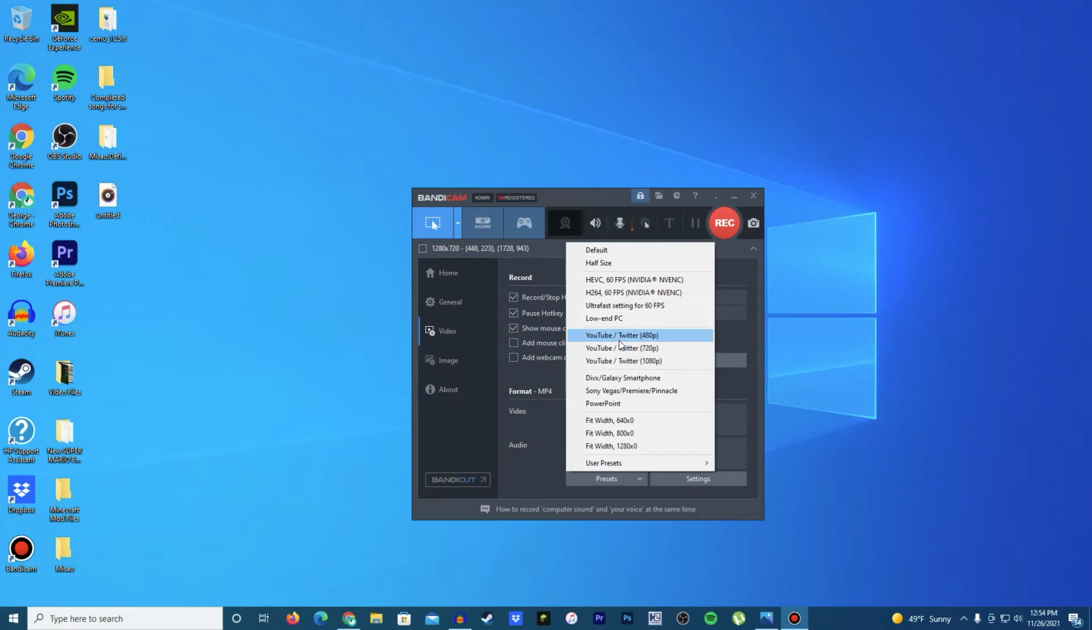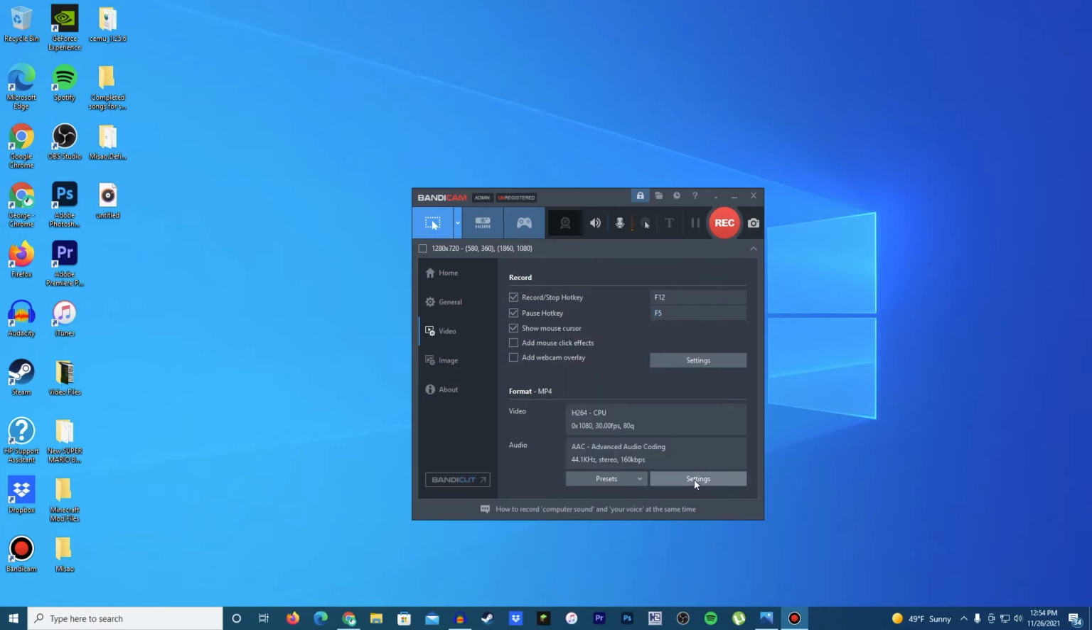YouTube, Twitter, that's the 480. This is for uploading to YouTube or Twitter. You can do 480p, 720, you can probably do the 1080p. I like to do that for that. And then I'm not sure what any of this is. For settings,